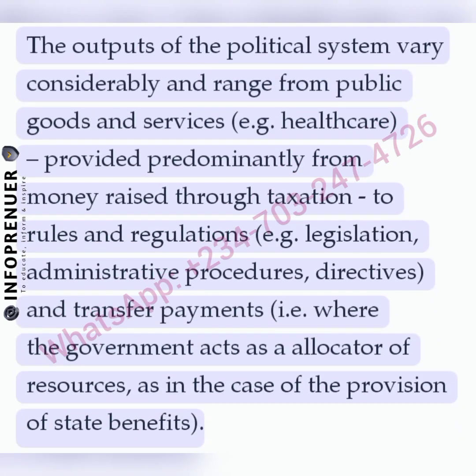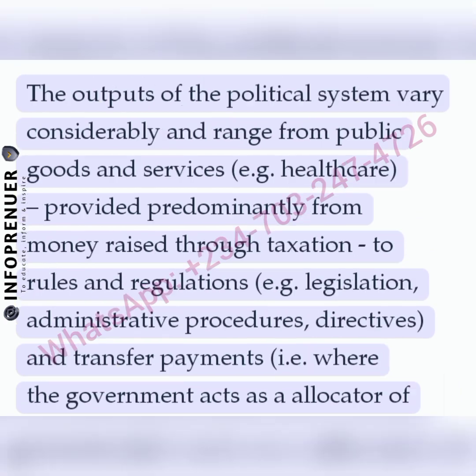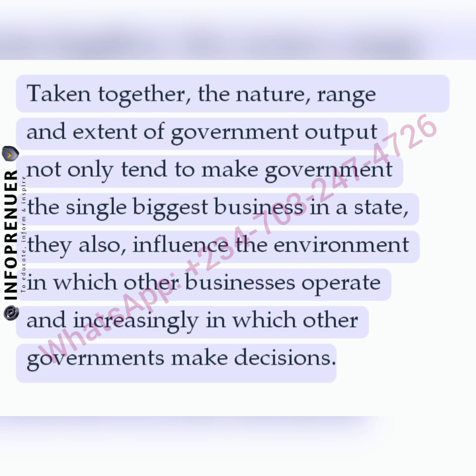The outputs of the political system vary considerably and range from public goods and services, for example, healthcare, provided predominantly from money raised through taxation, to rules and regulations, for example, legislation, administrative procedures, directives, and transfer payments, that is, where the government acts as an allocator of resources, as in the case of the provision of state benefits. Taken together, the nature, range, and extent of government output not only tend to make government the single biggest business in a state, they also influence the environment in which other businesses operate and increasingly in which other governments